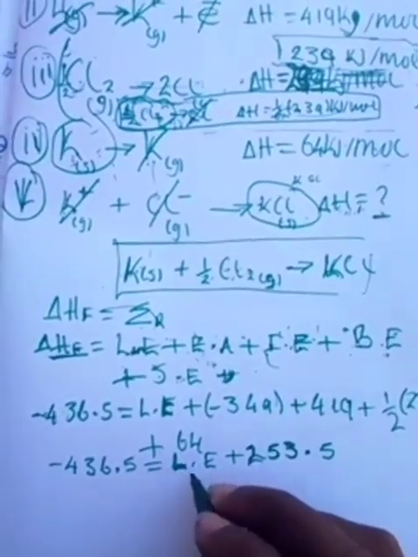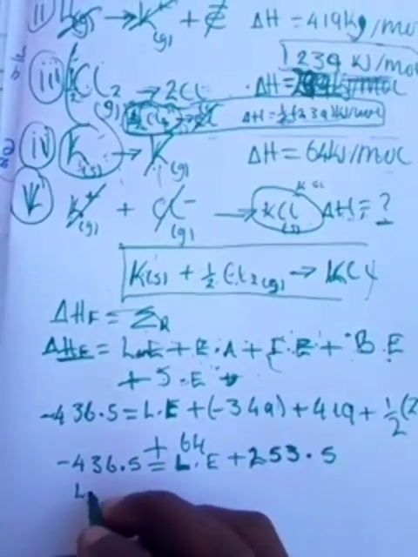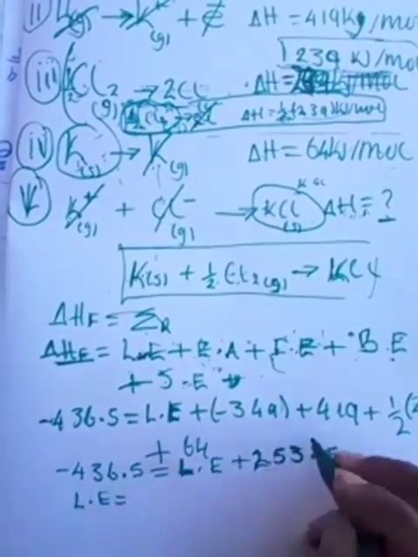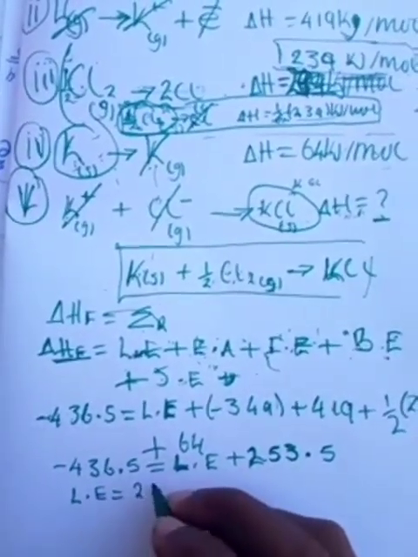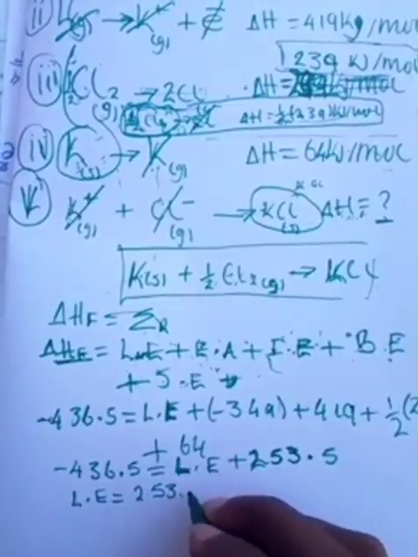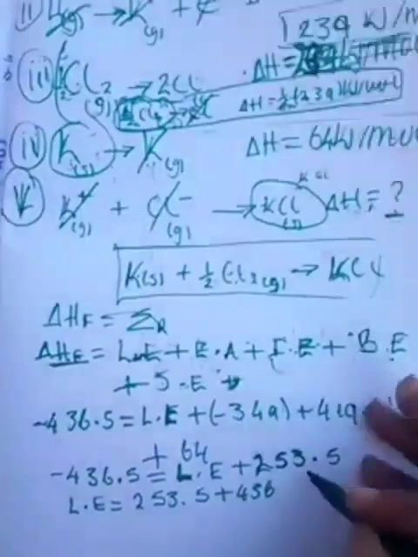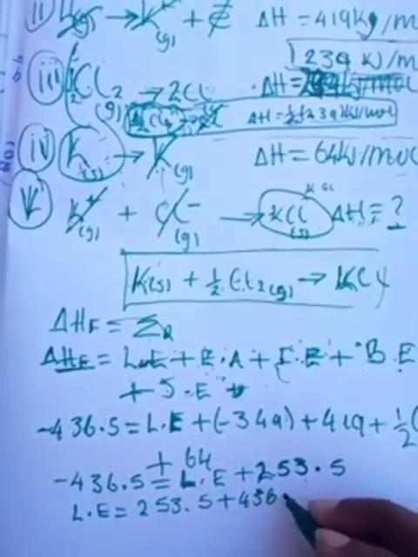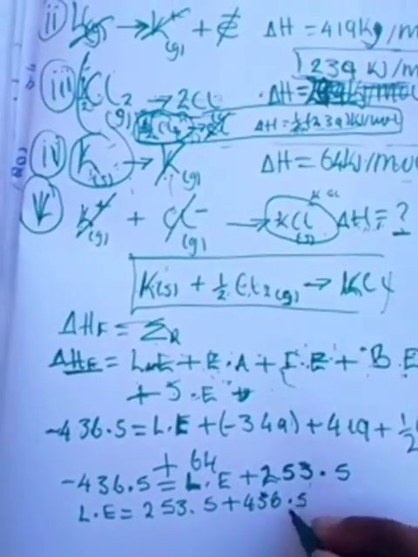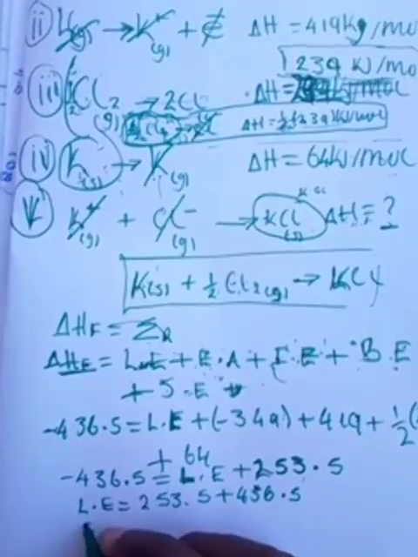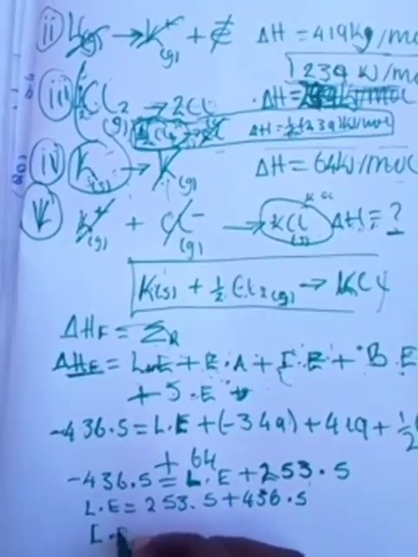Lattice energy, make it the subject. You're going to have lattice energy is equal to, I'll just take this on the other side, so I'm going to have 253.5 plus 436.5. So when you sum them up, lattice energy is now going to be